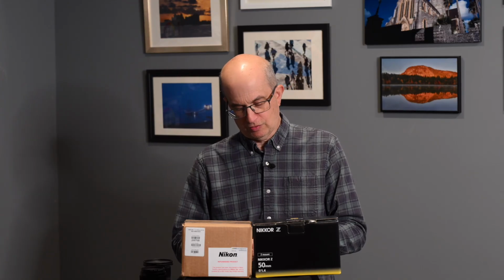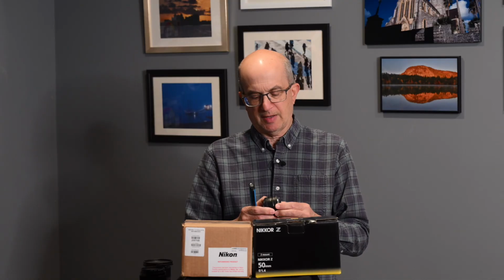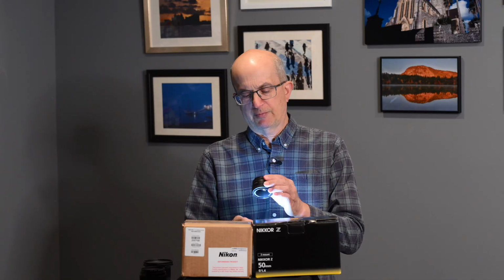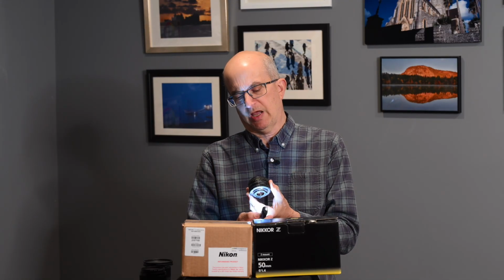Okay, so this is an older AFD Nikkor lens. So I'm going to open it up to its maximum aperture. It's a 50 millimeter 1.8. And I'm going to shine a light through it. And with this, you'll be able to see